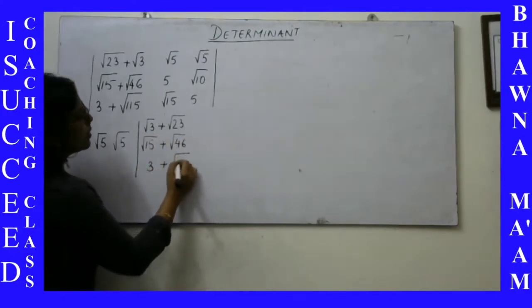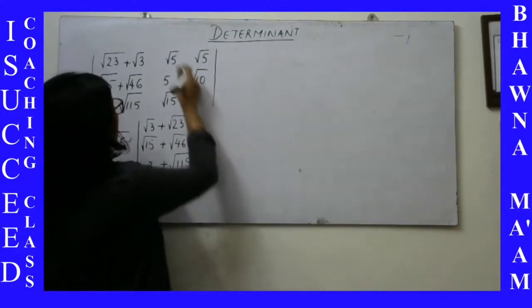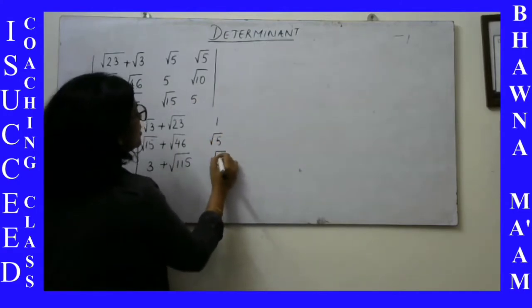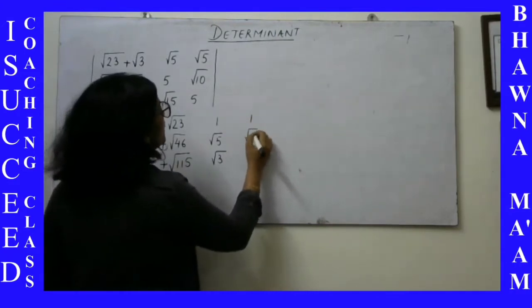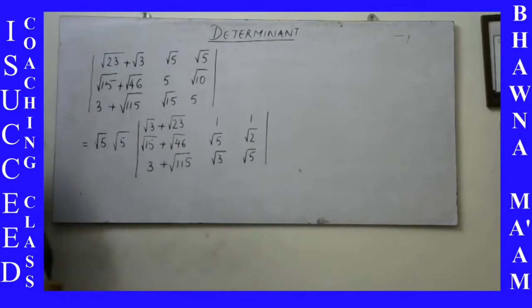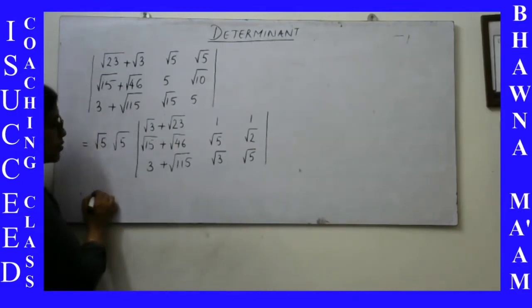So that something can be taken common from it, and that's root 3. So I've taken root 5 common from here, 1, root 5, and 15 is 3 into 5, so that's root 3. And over here, 2 5s and root 5 into root 5. So I have this. Now we will split it up. So this becomes root 5 into root 5, so that is 5.